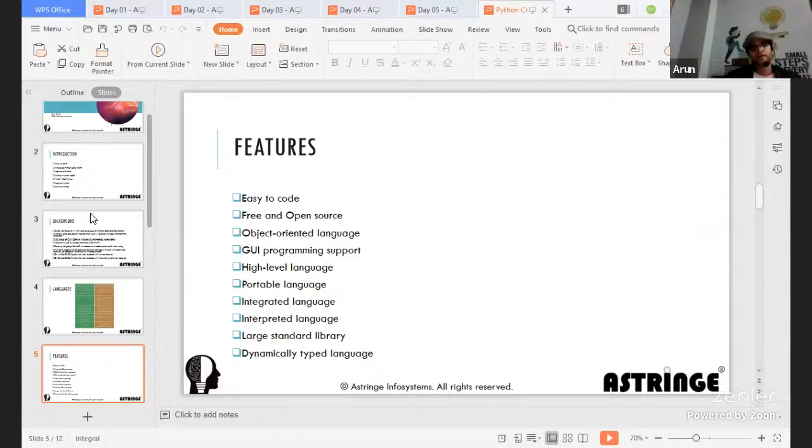And integrated language means it could be integrated into almost any other type of application. So it is not just limited to other Python applications per se, because you can actually create an API and use it almost anywhere else. Interpreted language, this is what I said, it's not a compiled language. It will execute during runtime, and hence if you do not use the proper set of instructions, it could lead to a lot of time.